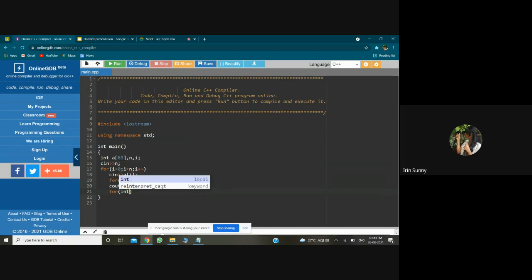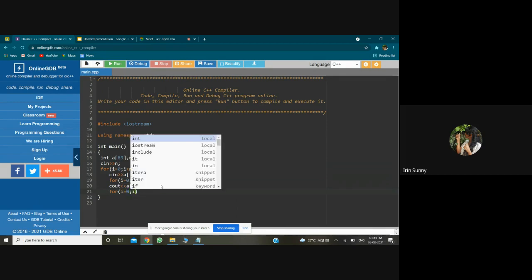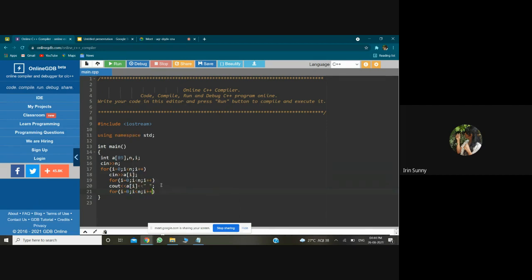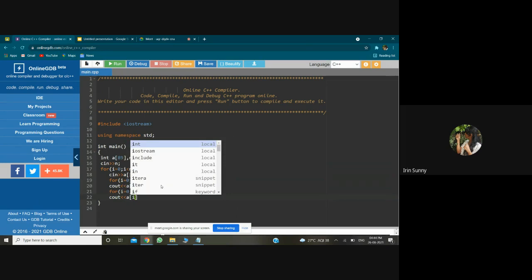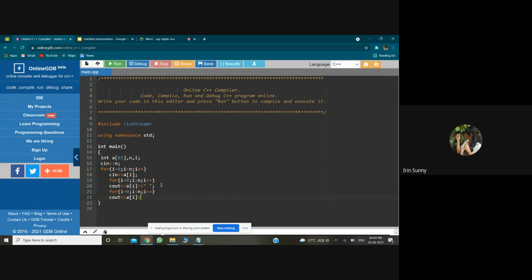Actually, I need just i is equal to 0; i less than n; i plus plus. What I'm going to do now is cout. I'm going to print A of i plus 2.